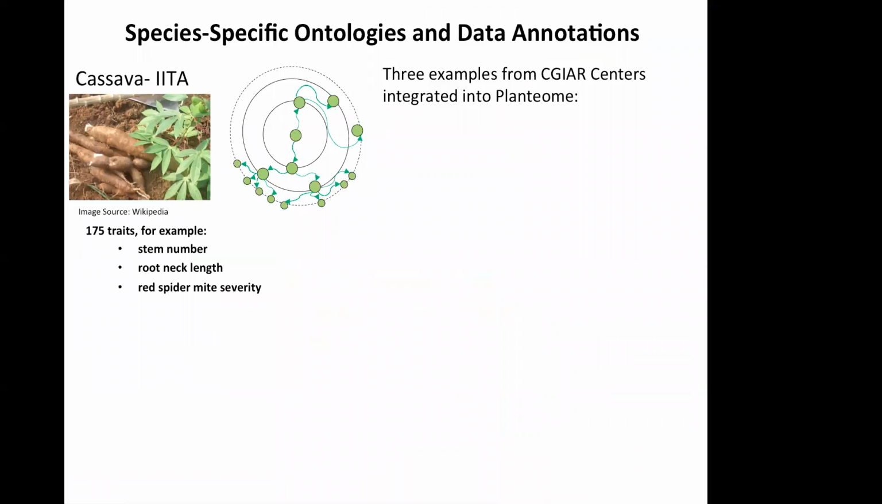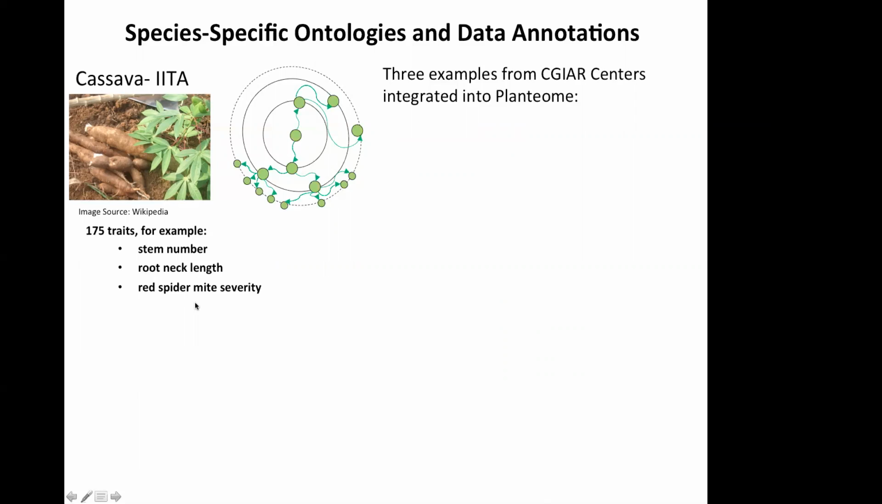So I wanted to talk a little bit more about the species-specific ontologies and the data that we're importing from them. As I mentioned, we've been working closely with Bioversity, and I have 3 examples here from the CG centers which have been integrated into the Planteome. The first one is cassava. We had a workshop here in Corvallis last fall. We had several representatives from some of the CG centers visit. And the representative from IITA